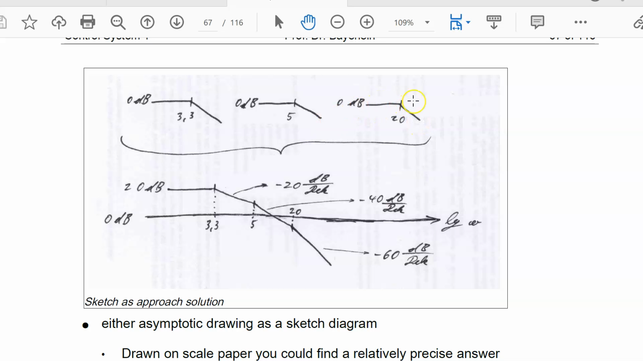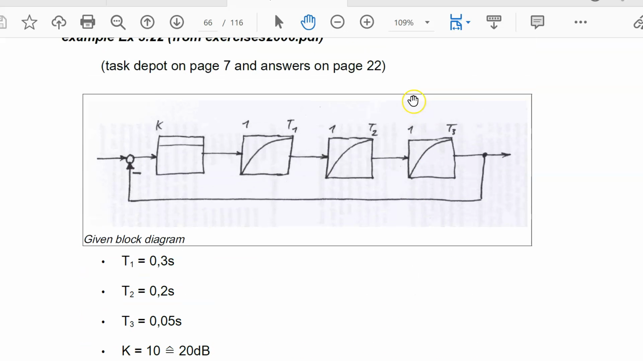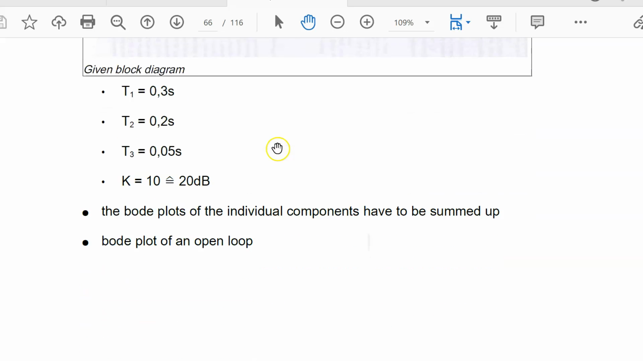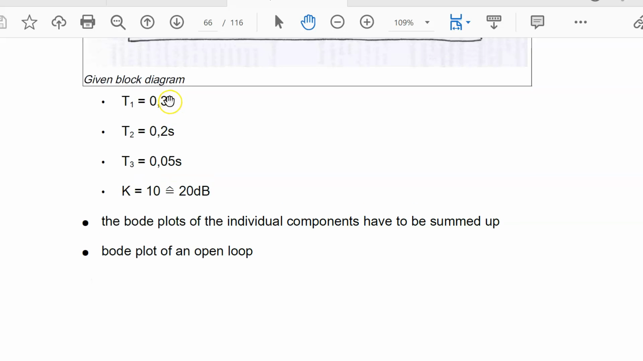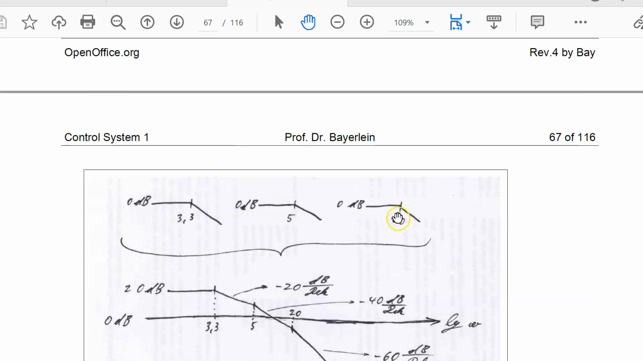At 3 PT1, the system contains 3 times the Bode plot of a PT1, and we have to add these. Note that the magnitude curve of a PT1 has a horizontal part for low frequencies and a minus 20 dB per decade part for the high frequencies, and a corner frequency point with the inverse of the time constant. So look, time constants are 0.3, inverse is 3.3, 0.2 inverse is 5, and 0.05 inverse is 20. These are the corner frequencies here in these